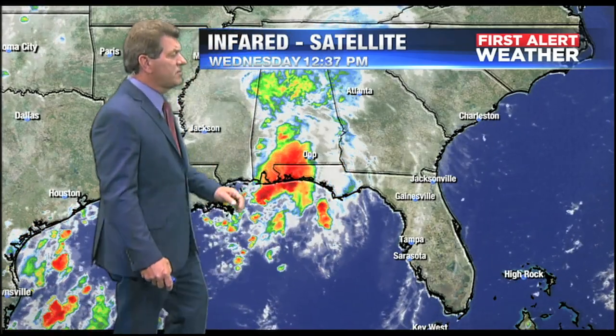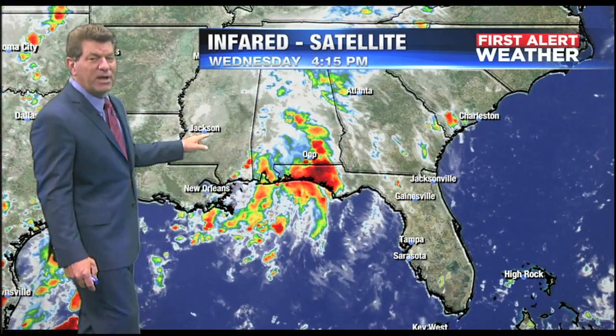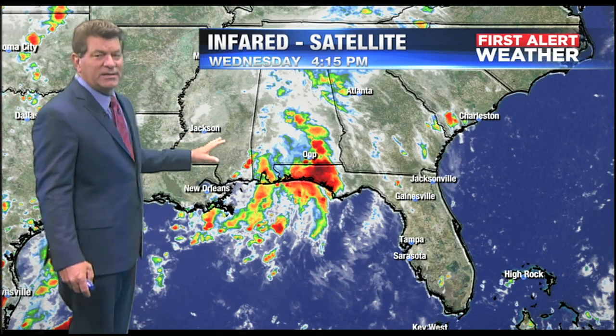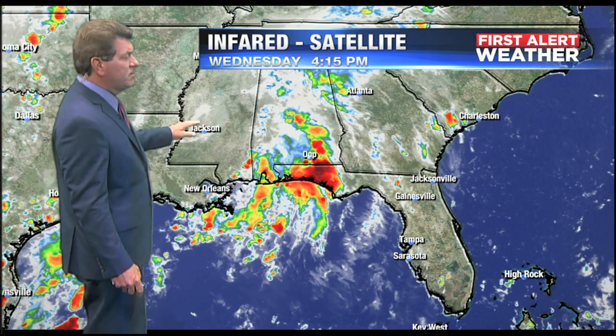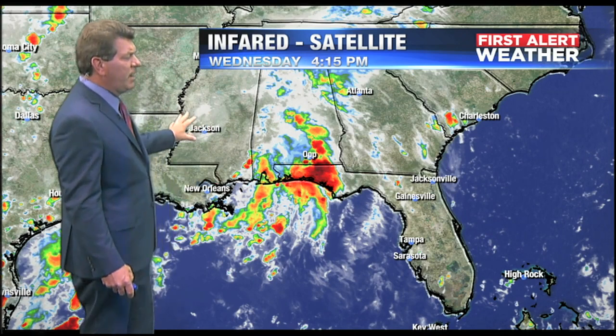You'll see some of the clouds starting to darken up there a little bit out into Lakewood Ranch, and it looks like scattered showers are in the offing. Heavier storms in the panhandle of Florida. Here's the actual center of the tropical depression now. It's been downgraded to a tropical depression. Top winds are at 30 miles an hour. It continues to move off to the north-northwest, and it will still bring some heavy rain here, but notice that